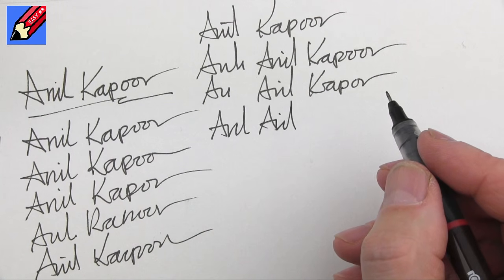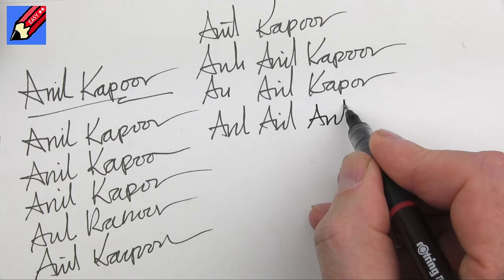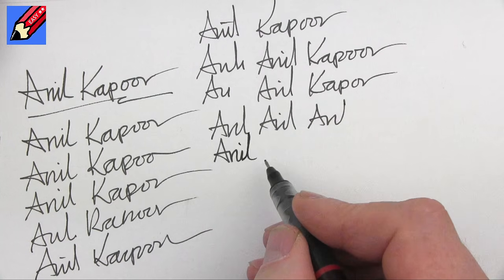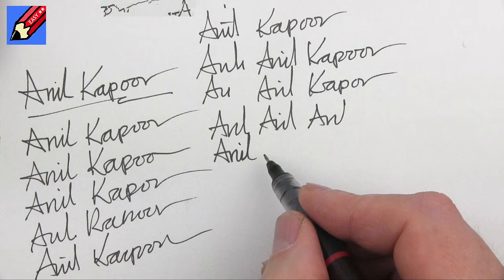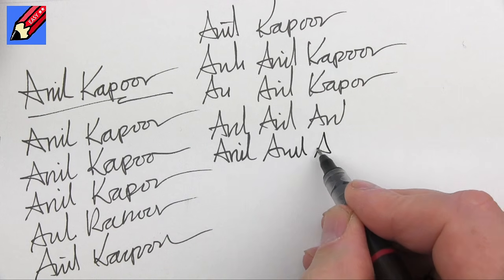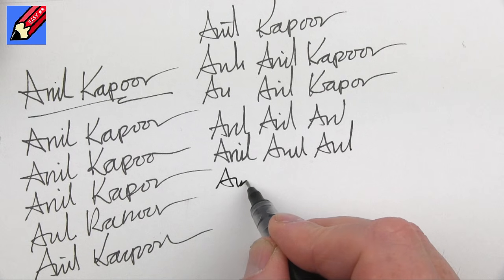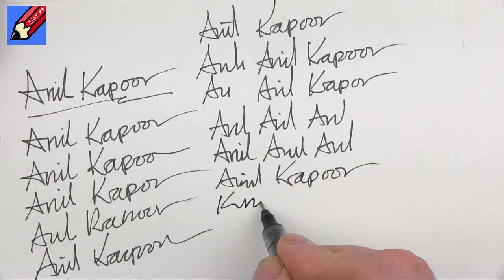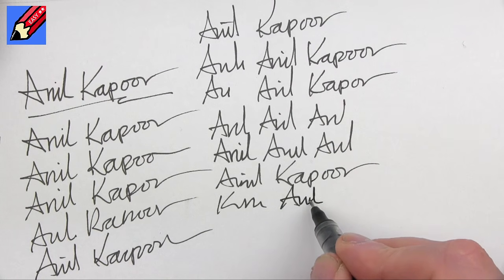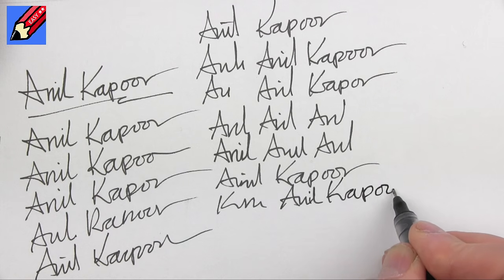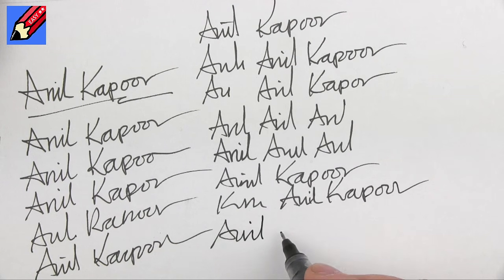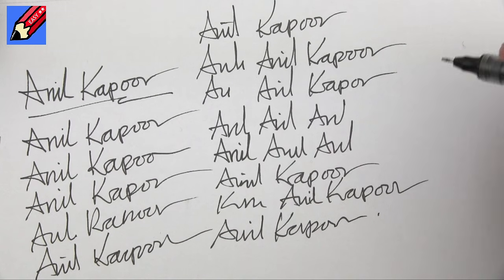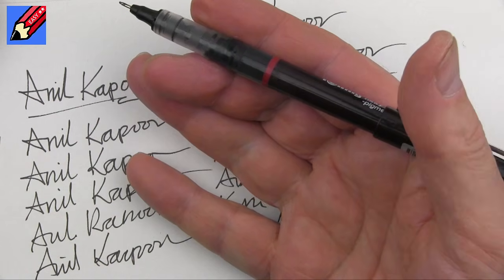So it requires a bit of concentration as well. So I'm leaving out the ow. Anila. That's what it is. So I'm doing Anila. Anila Kapoor. Anila Kapoor. Anila Kapoor. And you can see my brain is getting tired, my hand is getting tired, and you want to forget